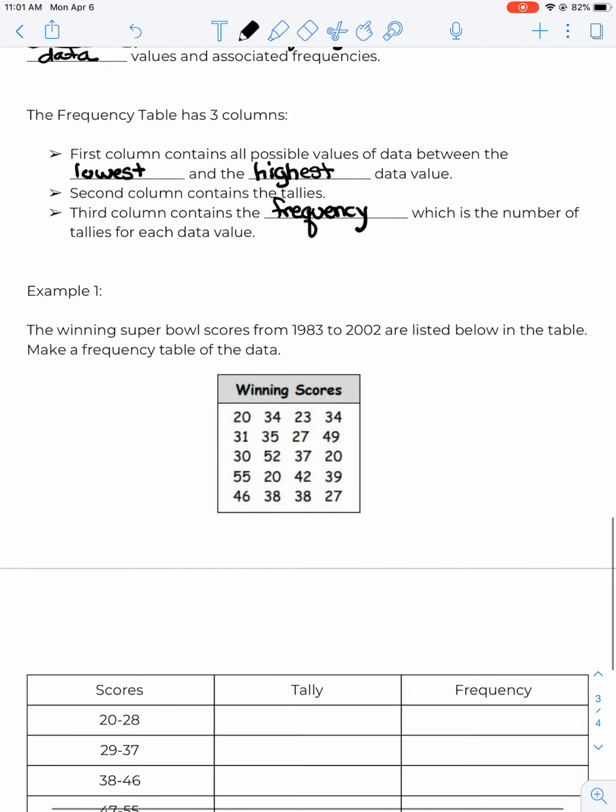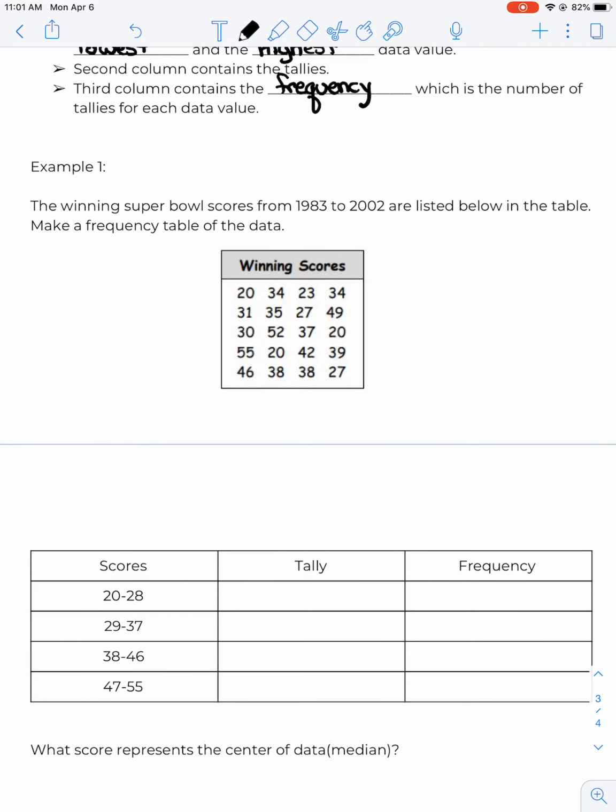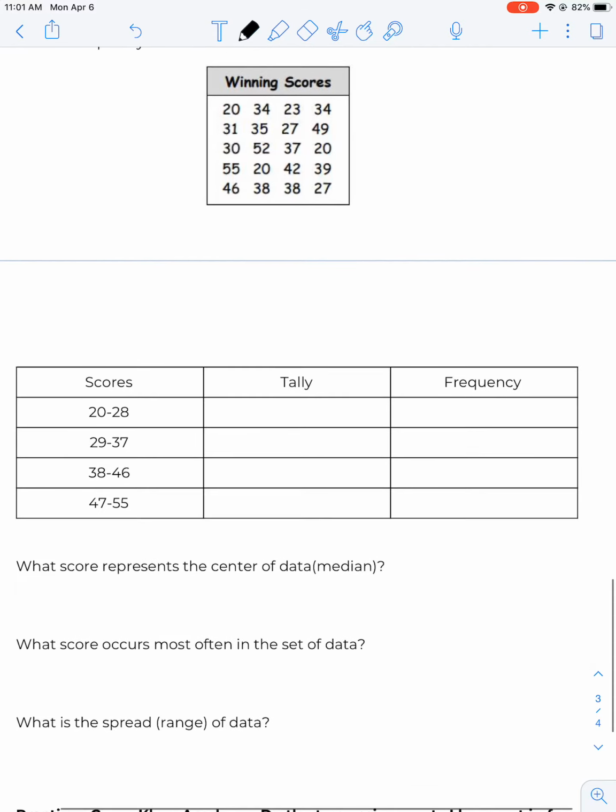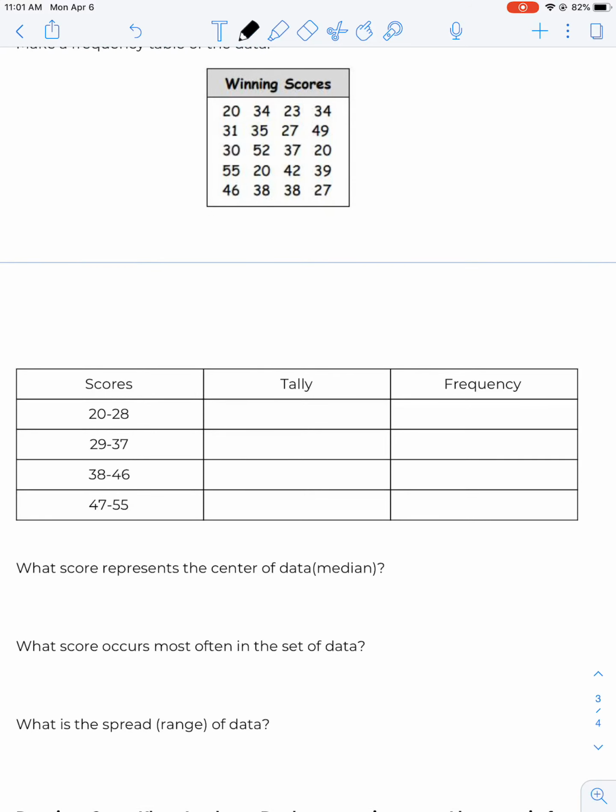So example 1 says the winning Super Bowl scores from 1983 to 2002 are listed below in the table. Make a frequency table of the data. So here we're going to do that, and how we do that is by taking these scores and putting them in the middle using tallies. So the first one is 20, and then 30 because it's going in between these scores. So the next one is 34, 23, 34,